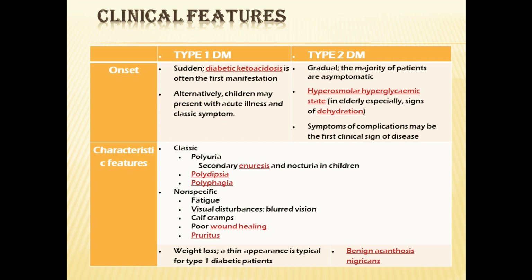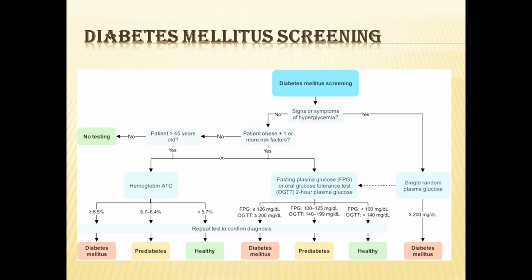The most prominent feature for type 1 diabetes mellitus is weight loss. A thin appearance is typical for type 1 diabetes mellitus, and the prominent feature for type 2 is benign acanthosis nigrans. Diabetes mellitus screening. In screening, if a person comes with the signs and symptoms of hyperglycemia, we go